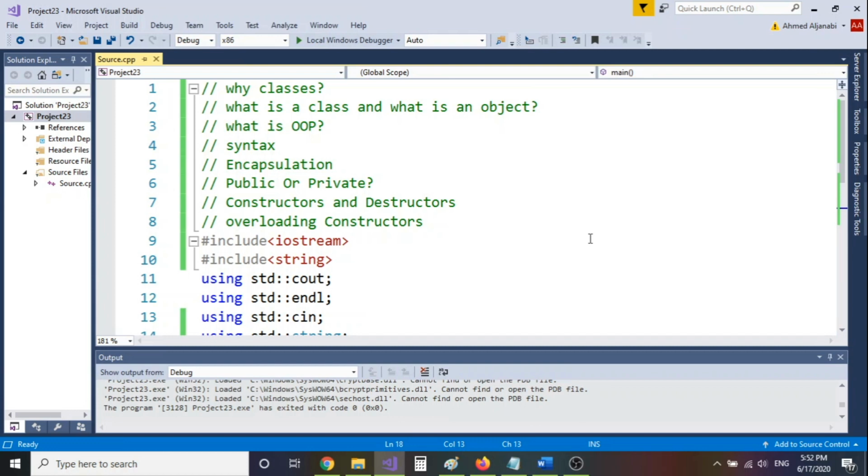We're going to understand the concept of encapsulation. We're going to see the difference between public and private keywords. We're going to talk about constructors, destructors, and overloading for constructors. So let's start with,